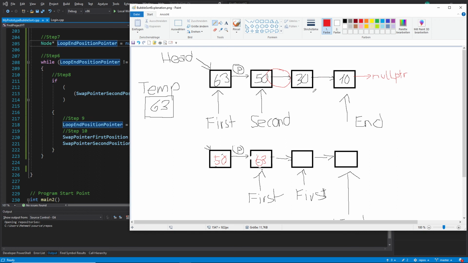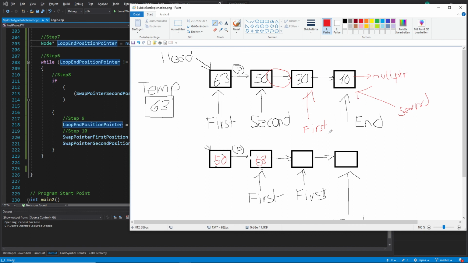Let me show you this better. The first one would be here, before the first, and the second one would be here. And my condition is, when the second one reaches the end position, I want both to